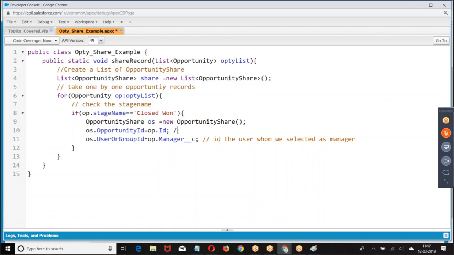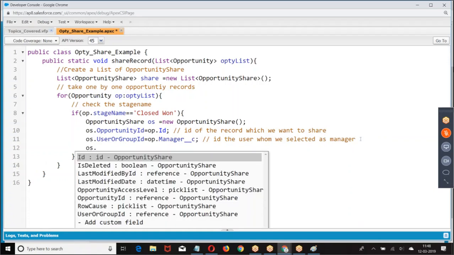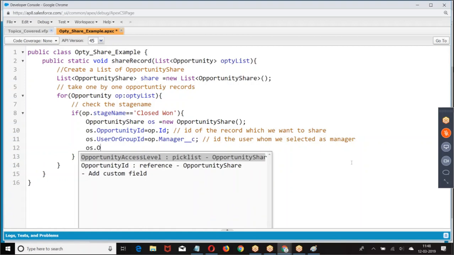Here it is, the ID of the record. Then we have the opportunity access level.